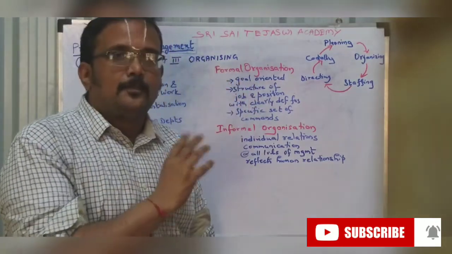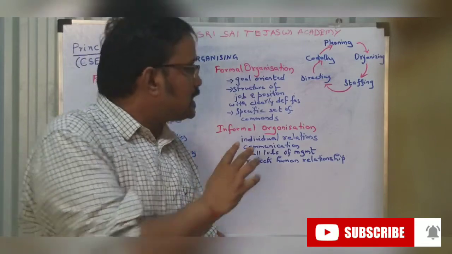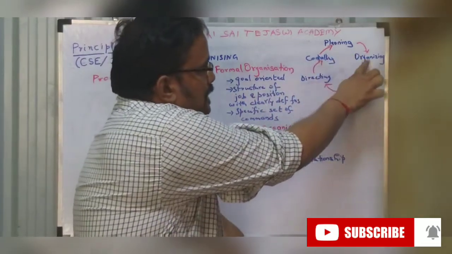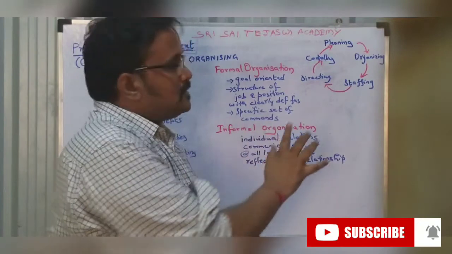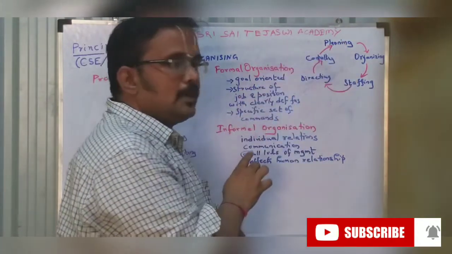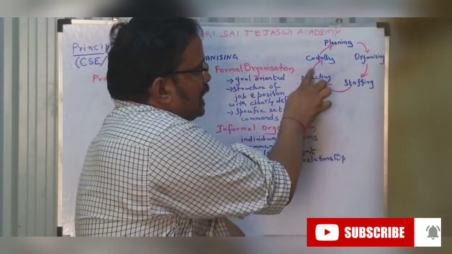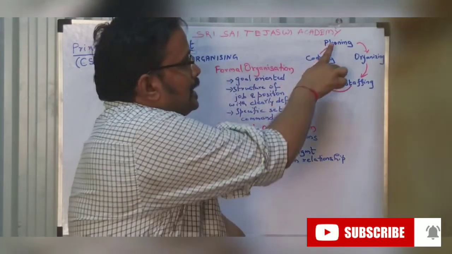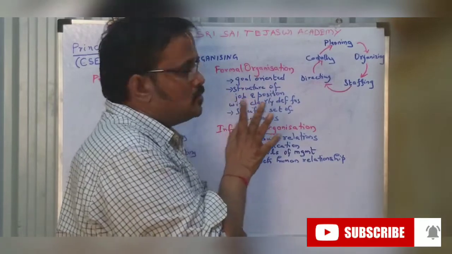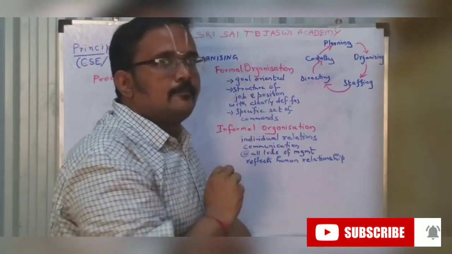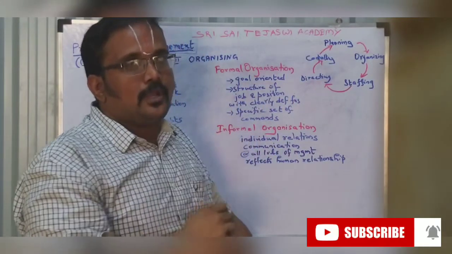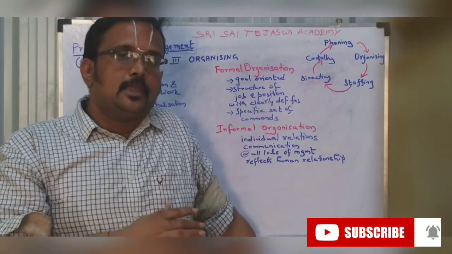the components of management. So the whole subject revolves around these concepts. So this we have seen in Unit 2. Now we are going to see this. What is that? Planning, organizing, staffing, directing, control. Planning already we have seen in the previous unit. So organizing, that we are going to deal with in this unit.